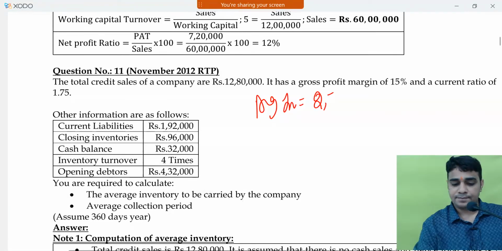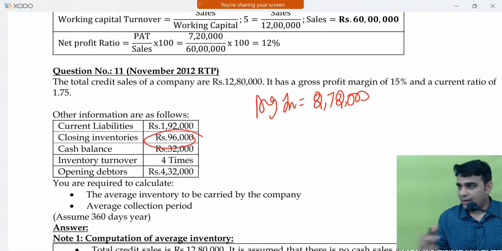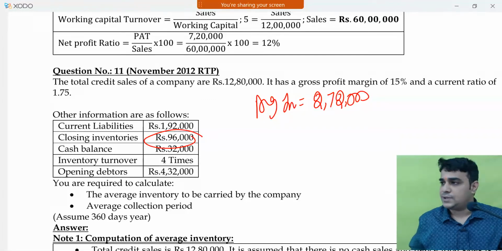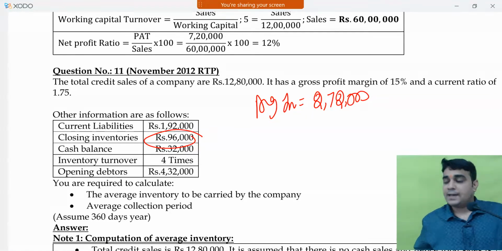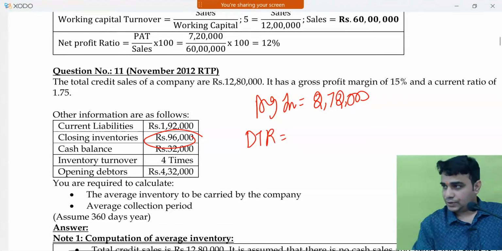2 lakh? In that, closing is only 96, the balance is opening, so I'll have to take the average, but they have not asked me to calculate opening inventory. Closing is 96,000. Your average inventory turns out to be 2,72,000. Second, I need average collection period. For that, I have to calculate debtors turnover ratio. Debtors turnover ratio is equal to sales by,